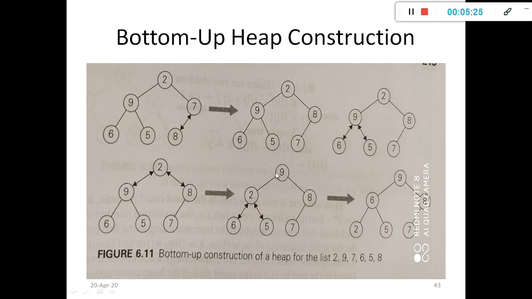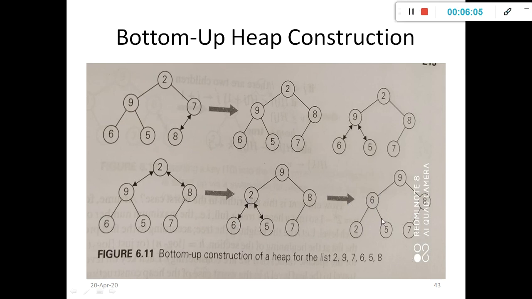Then here it holds the condition, that is 2 is the child and it is a smaller value than the parent node 9. Also 8 is the child node that has a smaller value than the parent node 9. Then next you have to apply the child nodes 6 and 5 and their parent node value is 2. Here again the parent node 2 is less than the 6 and 5. That's why you have to exchange the values of 6 with 2 as shown in this last step. Exchange the values of 2 and 6 and make 6 the parent node.